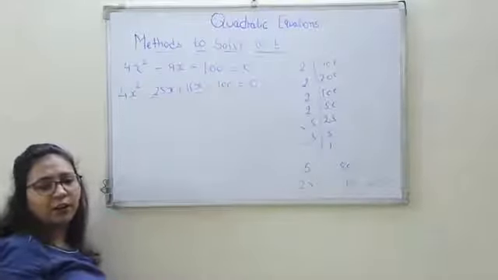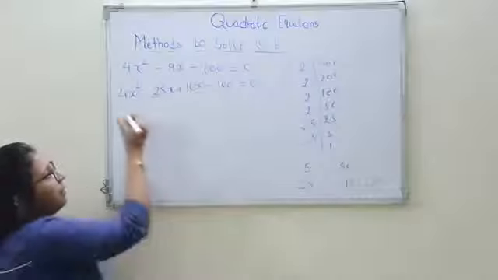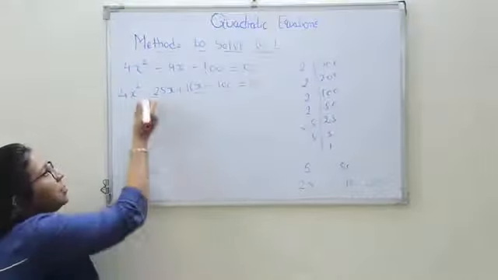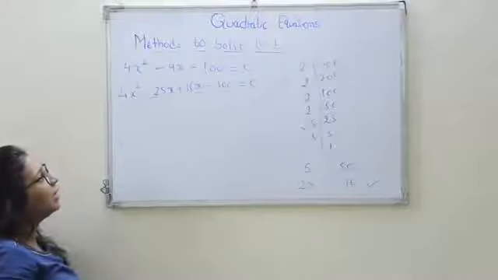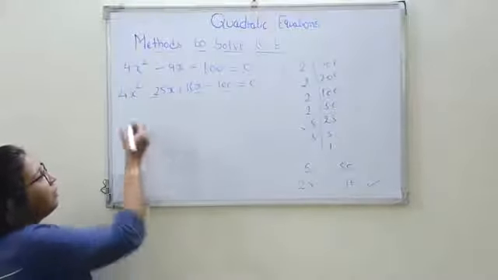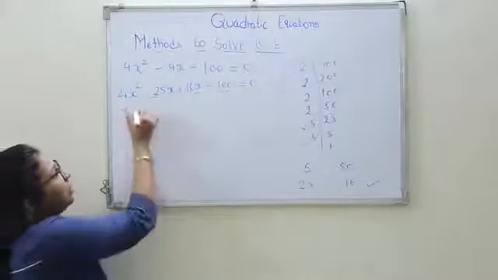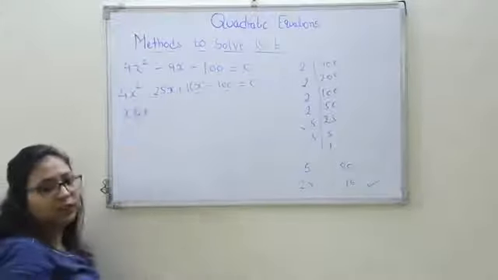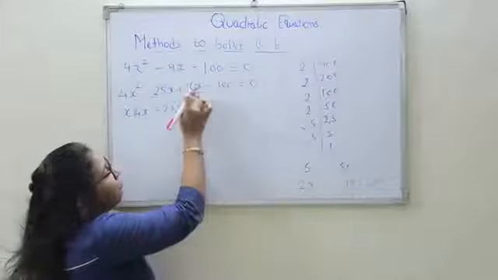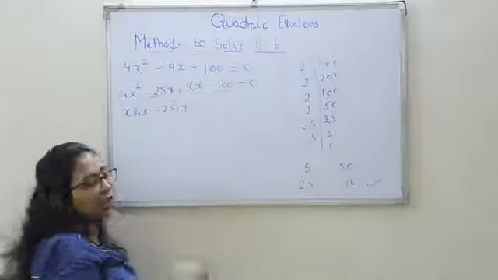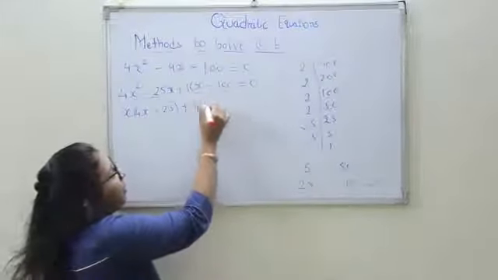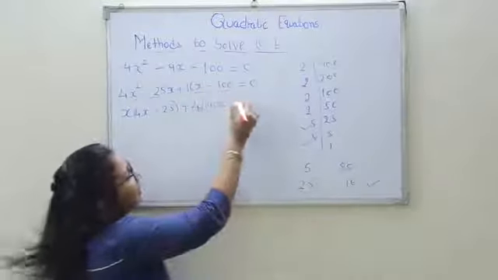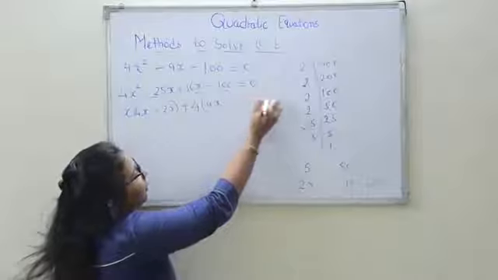Now factorization. Make groups of 2 and 2 and remove the HCF. You know the highest common factor amongst them. So 4 and 25, I can't see anything common in 4 and 25, I can only see that x is common. So x minus 25, sorry, 4x minus 25. Next, 4 4s are and 25 4s are. So 4 is common, so from here it will be 4x plus minus minus, you have to also check the sign, and it will be 25 is equal to 0.